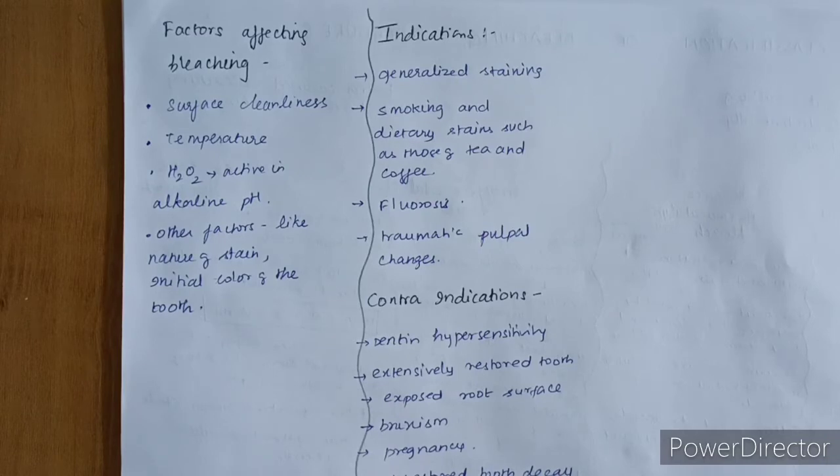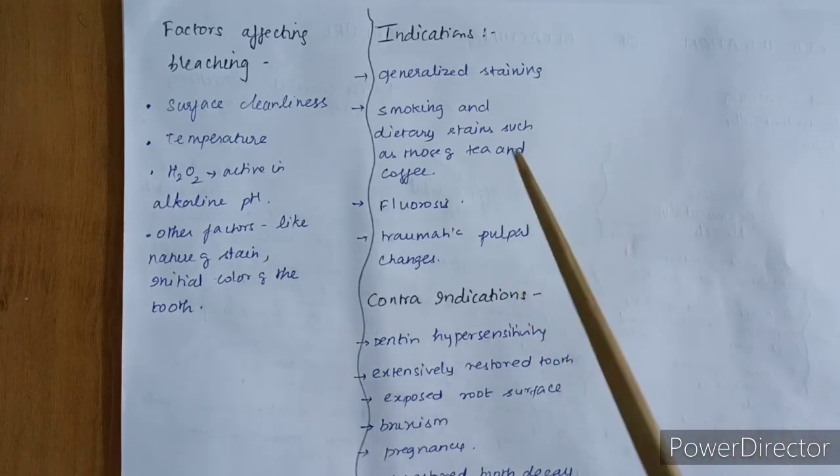Whatever bleaching process we are doing, we have to inform the patient beforehand that they can have mild sensitivity which is transient in nature because of initial pulpitis, which will resolve on its own. Then we should definitely advise the patient not to drink or take any highly colored food substances while using this product, because tooth enamel may become more permeable. Therefore, they can easily pick up stains. So they must be very much aware not to use any highly colored food substances during this period.